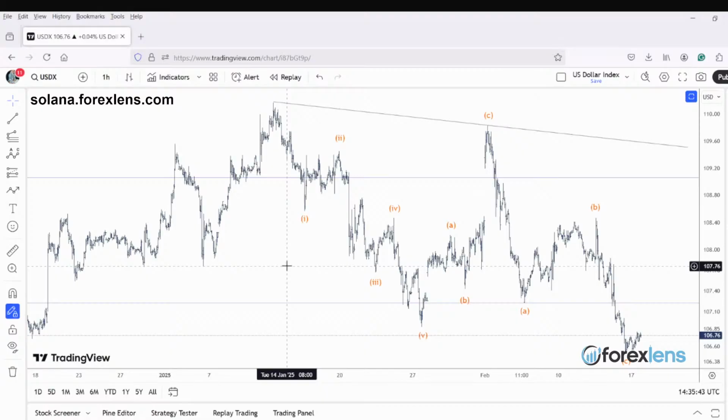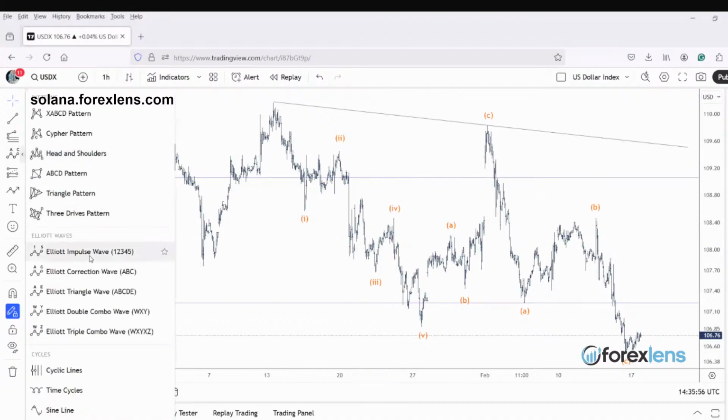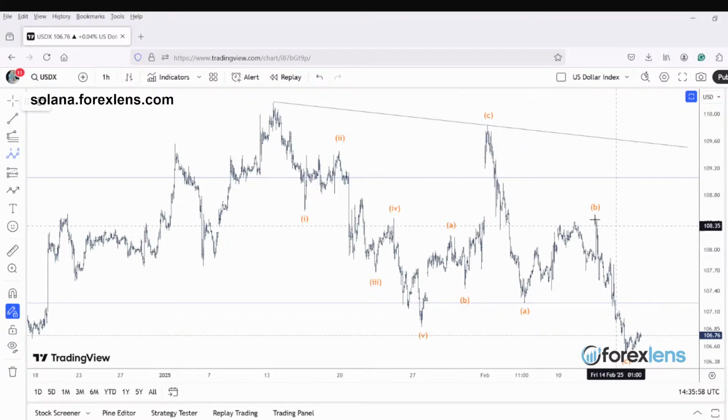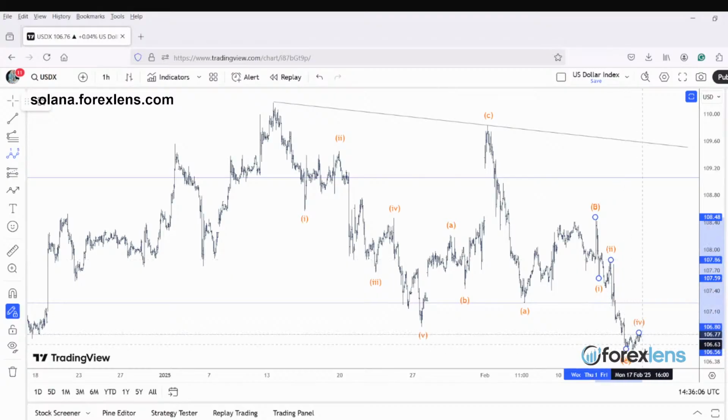Dollar index, no change as to what we discussed last time. That is again a beautiful sideways corrective pattern, potentially a wave four. We have enough time to do a bit of labeling here, and that would go as